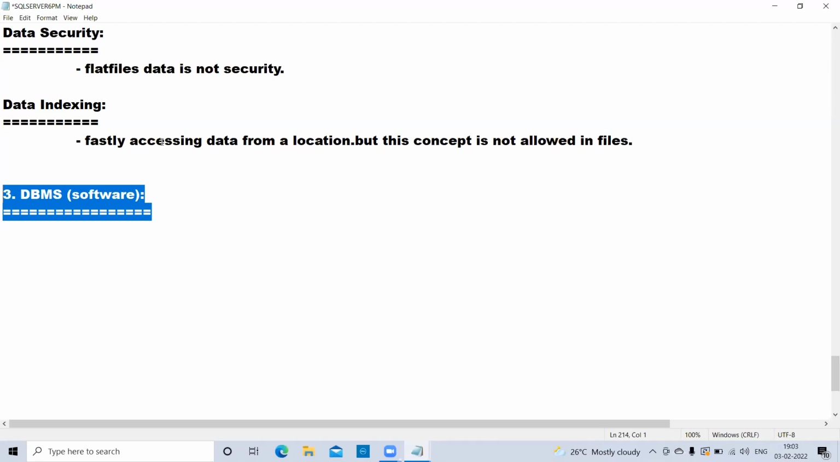Whether you remember or understand what is what, none of that matters. But tomorrow's class is very important. If you understand exactly what DBMS is tomorrow, then you will get an idea of what SQL Server is. Understand now? Right. So, whatever the problems we listed here,